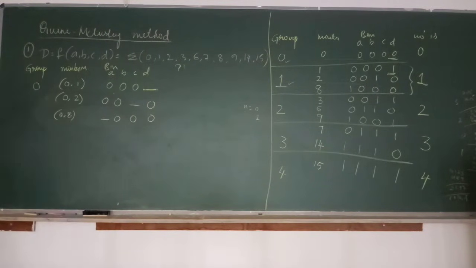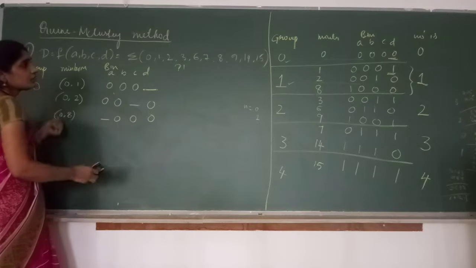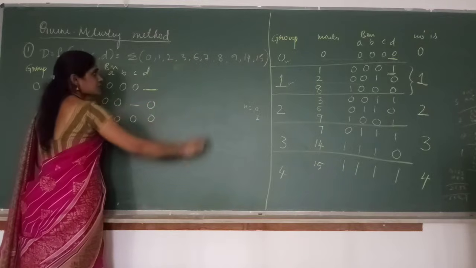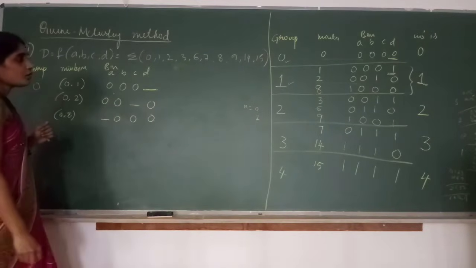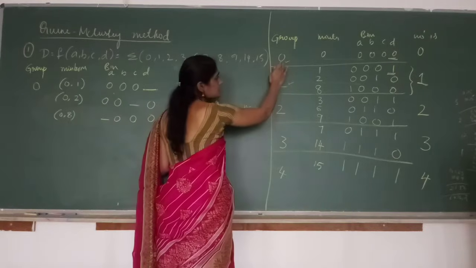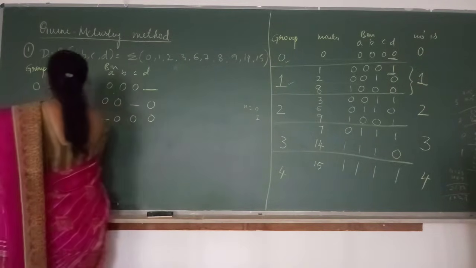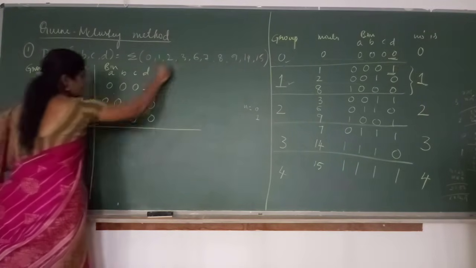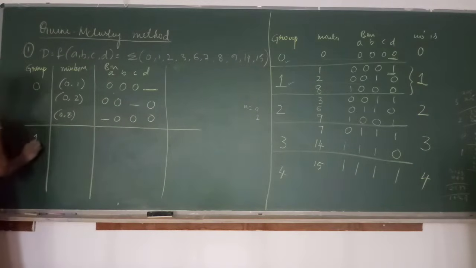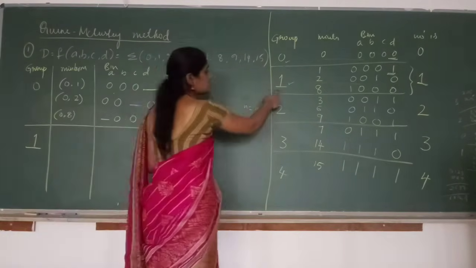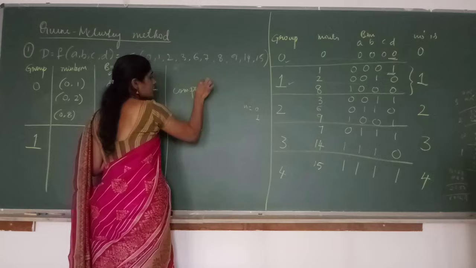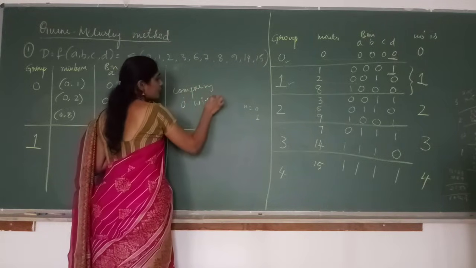So all the minterms that are present in group 0 are to be matched with group 1, so that they differ in only one position. This is what you write for the next table. It is not required for this table. Now we have compared all the minterms that are present in group 0 with group 1. This will be the first grouping in the second table. Now what is group 1? Compare all the minterms that are present in group 1 with group 2. This we got by comparing all the minterms in group 0 with group 1.